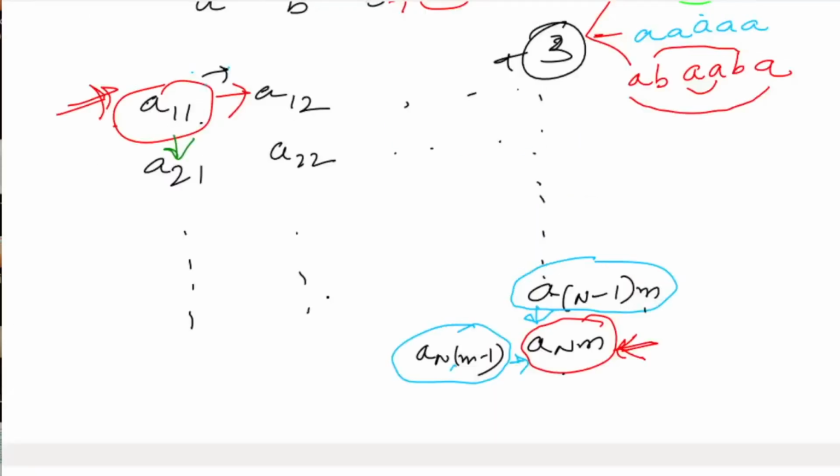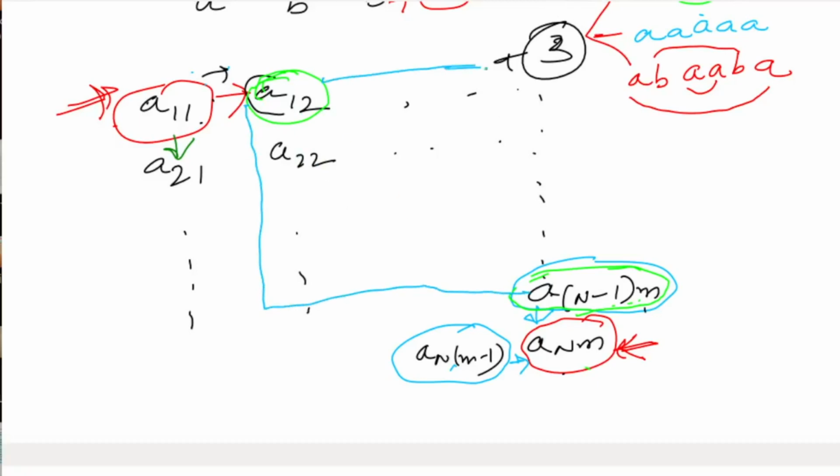If we move from here, now we are at a12, and we have to reach a n minus 1 m, because since we want to reach a n m from a11, we will first move to a12 and then we'll reach a n m from a n minus 1 m. So to do so, we have to move from a12 to a n minus 1 m. So you can see that now our matrix will get reduced in size.